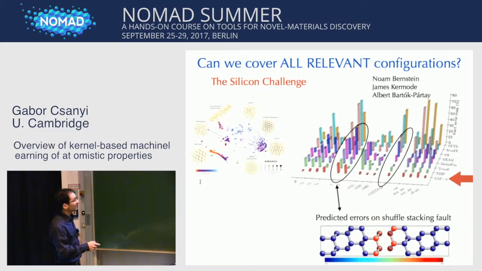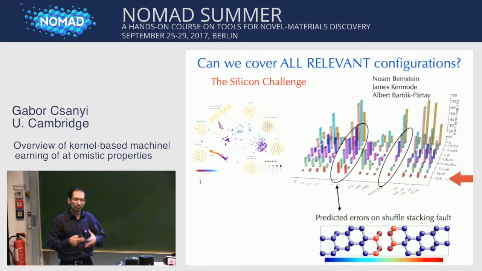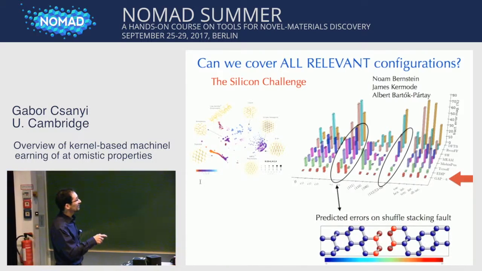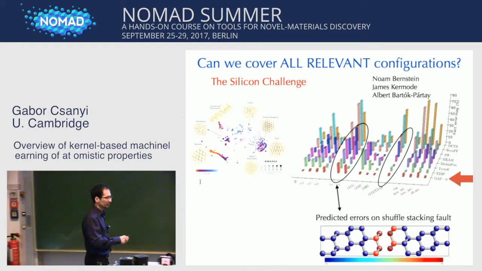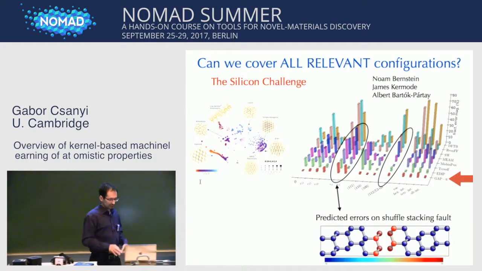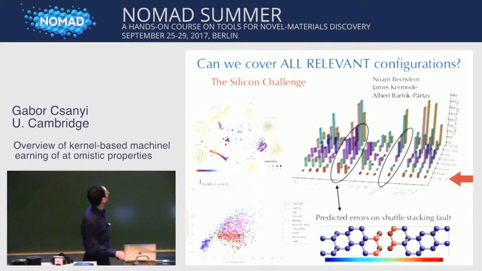And if you look at those configurations, here's one for a stacking fault. I color the atoms by the predicted error. So one additional insight that machine learning models give you is that it knows about its own error due to its probabilistic interpretation. So these atoms show a high predicted error, and indeed that is where the stacking fault is. Those are where the new environment is. And one should go back in and add those small unit cell configurations to the database. That starts to get into the direction of automation of database building,